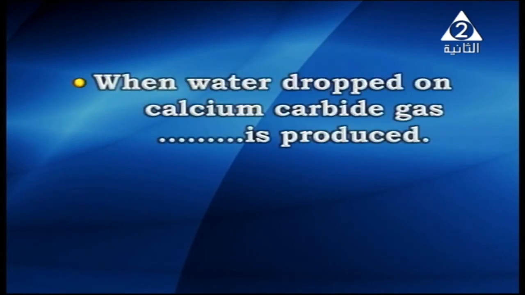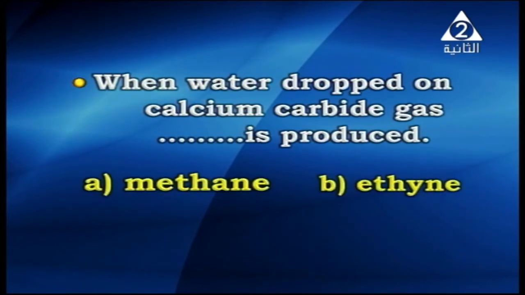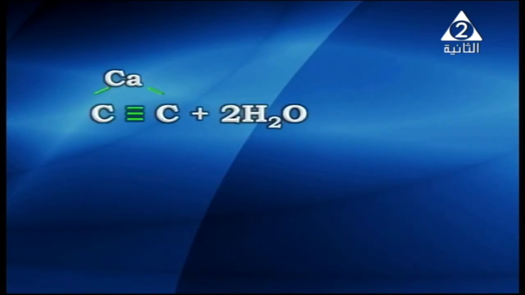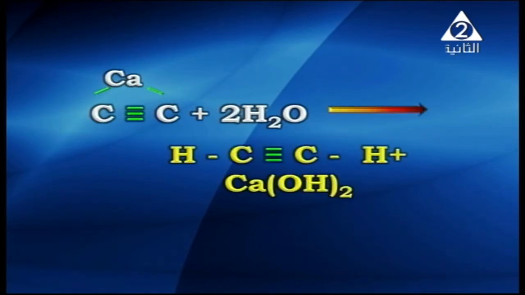Next point. When water is dropped on calcium carbide, gas is produced: methane, ethane, ethene, or ethyne? My dear student, if you think about the answer, yes, it will be ethyne. This is the preparation of ethyne or acetylene gas in the lab, as the water reacts with calcium carbide to produce acetylene gas, and calcium hydroxide is produced. As the equation proceeds on the screen, my dear student, calcium carbide plus water gives acetylene gas plus calcium